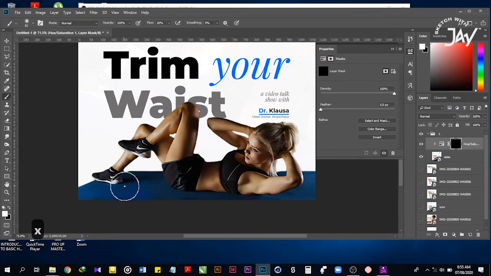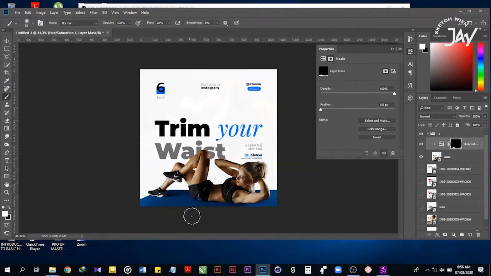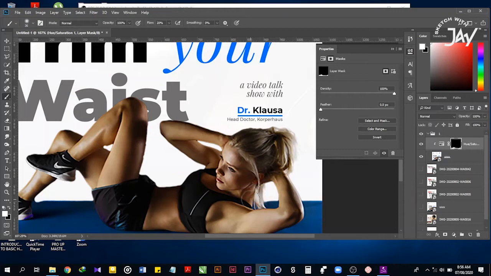I want to see if I can get this blue to look like the blue that is already in the design. Yeah, let me see where this went. Okay, yeah, I think it's almost there. I could change the one on our shot too, but there's no time for that.